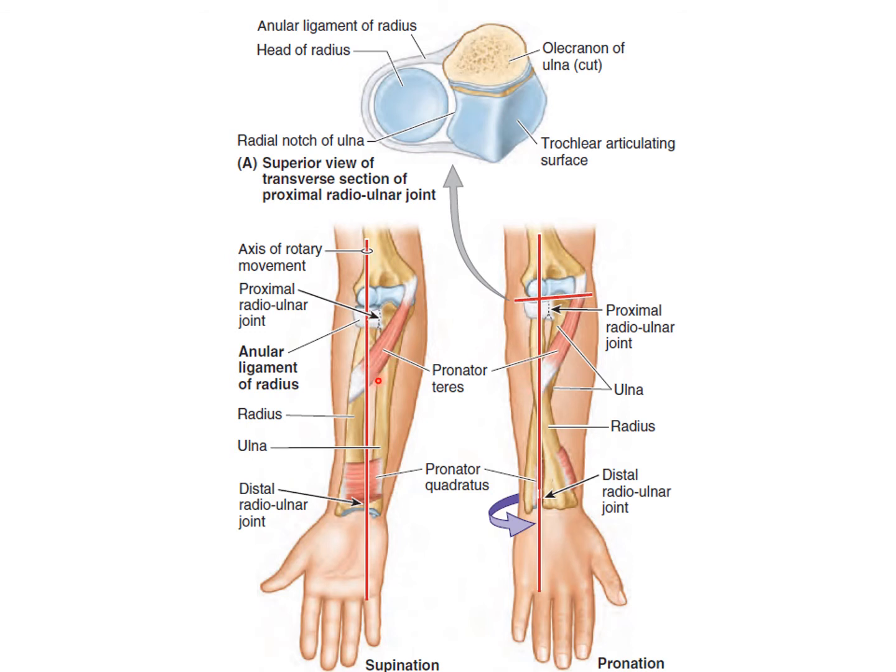You can see here the normal anatomical position, this is the ulna and this is the radius. As the lower end of the radius rotates over the ulna, this movement is known as rotatory movement, and this axis is known as the vertical axis. So always remember that the movements taking place at pivot joints, especially the superior and inferior radioulnar joints, are on the vertical axis. Here you can see the ulna remains in position, a little bit moved, but mainly the lower end of the radius moves around the ulna to do the movement known as pronation.